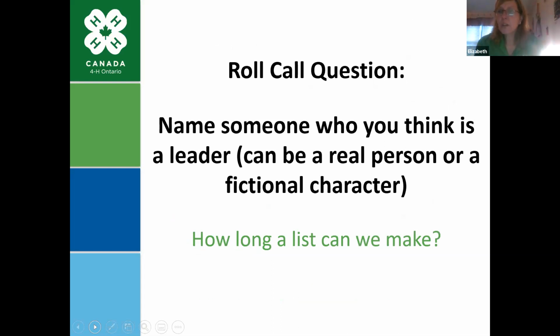And it's just to start with that idea and that concept of leadership and really who is a leader. And I know when we first think about talking about who is a leader, you maybe think of the Prime Minister or the Premier or even their teacher or something like that. But this is where this can lead to that discussion of basically